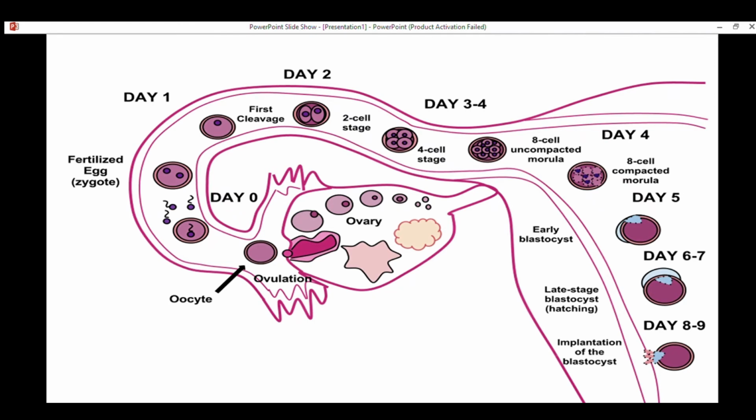After 4 days, before implantation, the zona pellucida degenerates. This is day 1, day 2, day 3 and day 4. Here the zona pellucida will degenerate. The blastocyst usually implants in the posterior superior wall of the uterus by day 7 after fertilization. The implantation occurs in the functional layer of the endometrium during the post-ovulatory phase of the menstrual cycle. The trophoblast proliferates and differentiates into the cytotrophoblast and syncytiotrophoblast, which I will explain later. That is all for today. Bye.